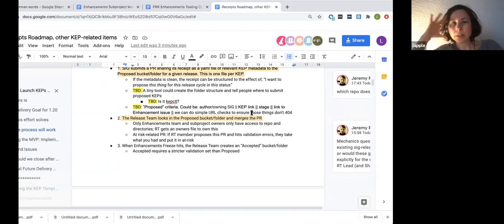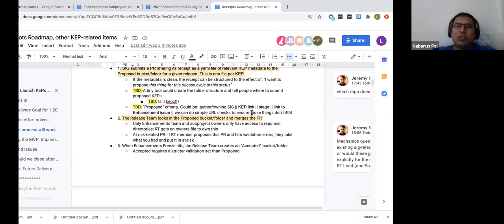So I wanted to ask one question here. Near the code freeze, the process until after the enhancements freeze is pretty clear here, the workflow with the whole receipts thing. So what happens when an enhancement which has been approved into the release, or accepted into the release, drops off due to not being able to fulfill their code requirements?